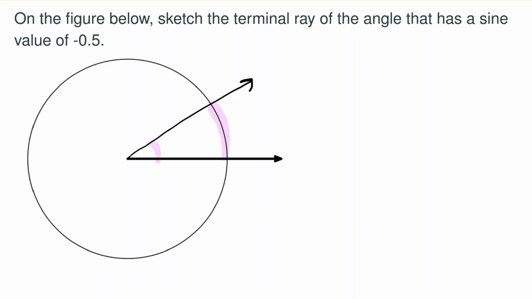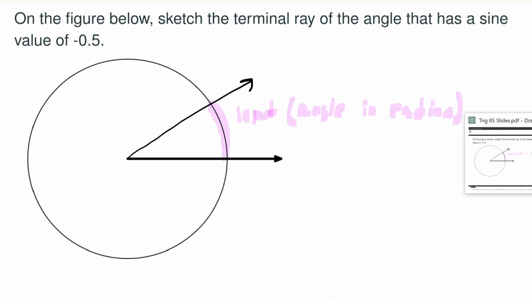Again, all these are the same angle, but I'm just going to choose this arc length because arc length divided by radius length gives us the angle. So this is the input, and the input is the angle in radians. So that's the input. And what does this sine represent? Sine of this input,